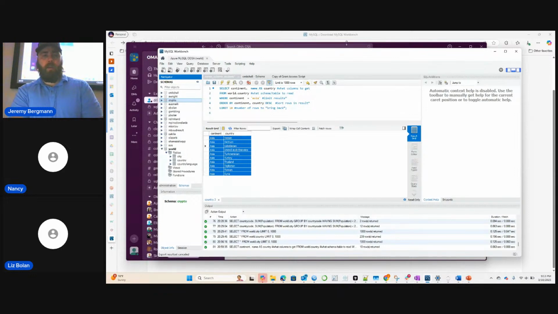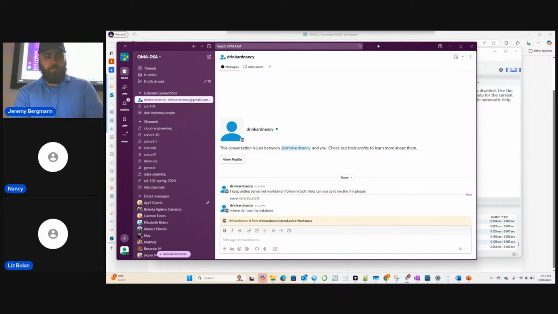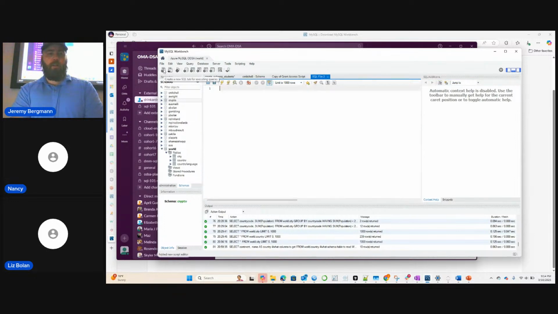You can run a query by creating a new query on this tab, and then run your code there. When you do, you can use these lightning bolt buttons to execute it.